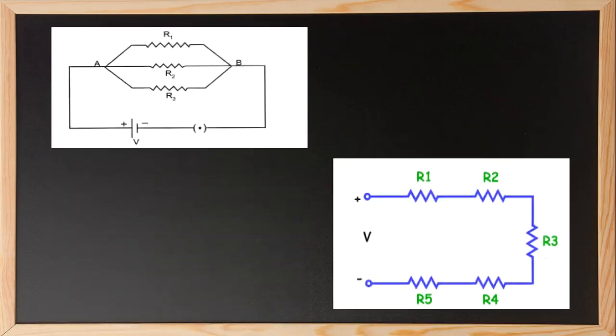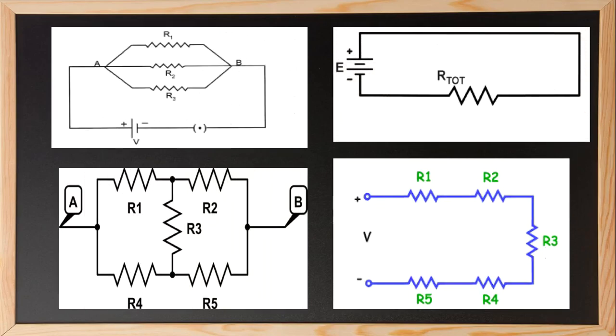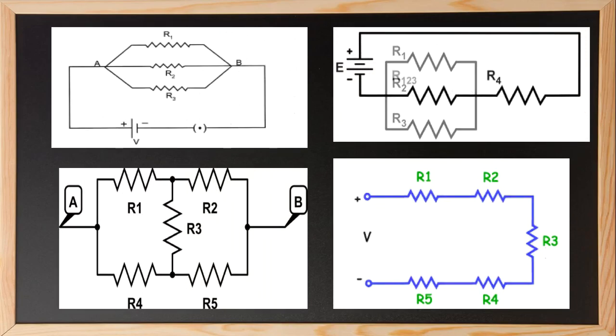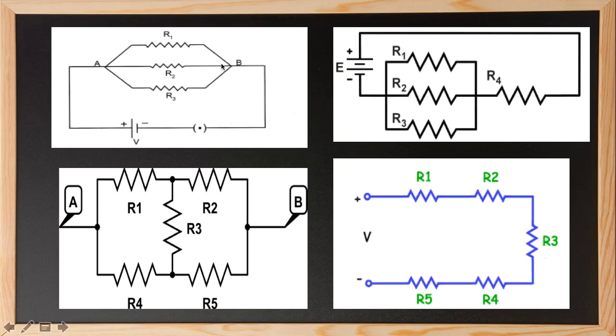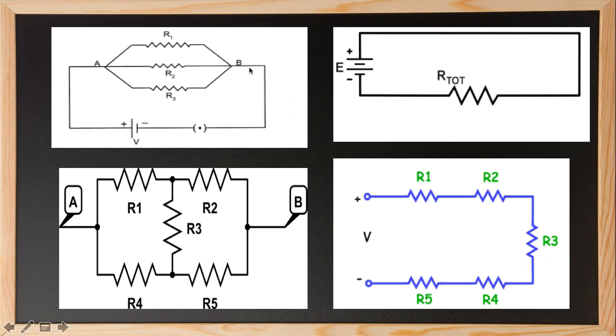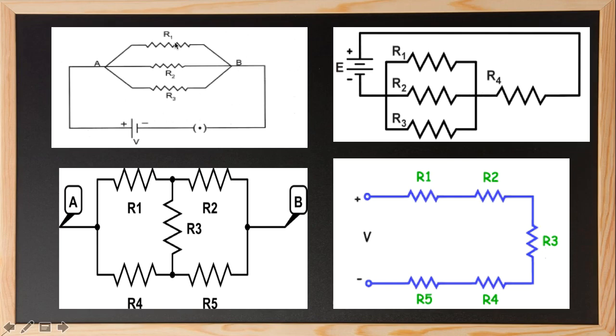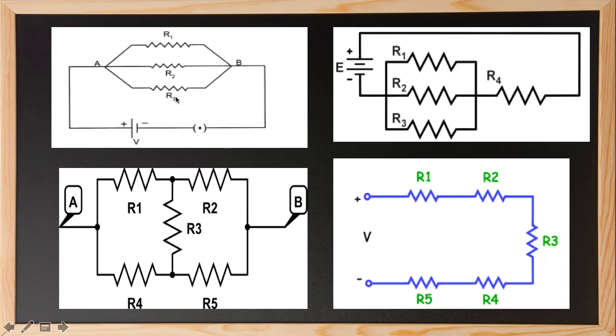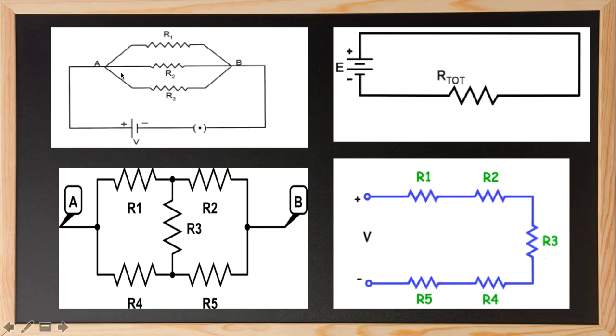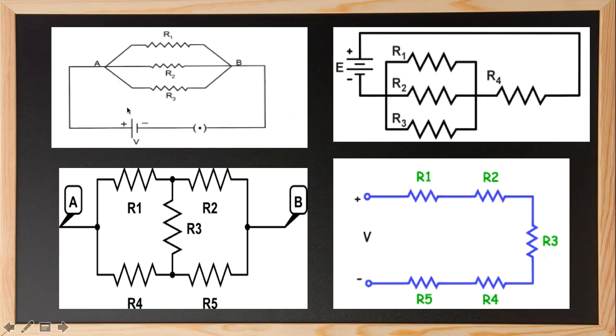If you observe all these diagrams, you can see there are various circuits. Now just guess what the connections are here. In this circuit diagram, you can see point A and point B, and in between these two points you can see three resistors, R1, R2 and R3. They are not connected in a line or end to end. That is why they are said to be in parallel combination. So this circuit has three resistors in parallel.